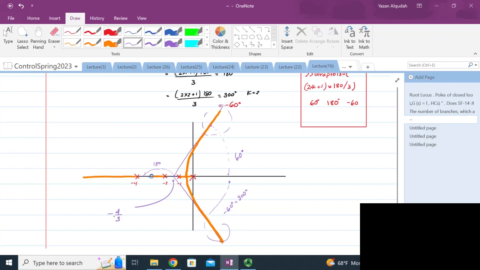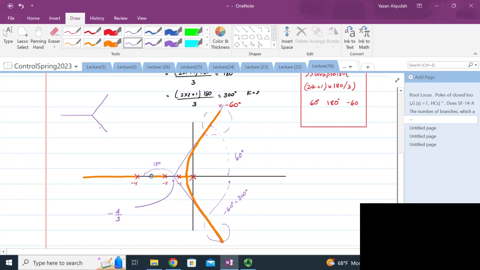Go ahead. So I understand the asymptotes and how they affect the angle. Can you draw another plot past the -4? I'm having a tough time grasping how the 180 degrees affects it. It's just basically a line along the negative axis. What I'm not, go ahead, explain. The slope of the orange line you draw there, I understand how the asymptotes affect that, because as it goes on to infinity, they approach but don't ever touch that. But I guess the 180 degree part,